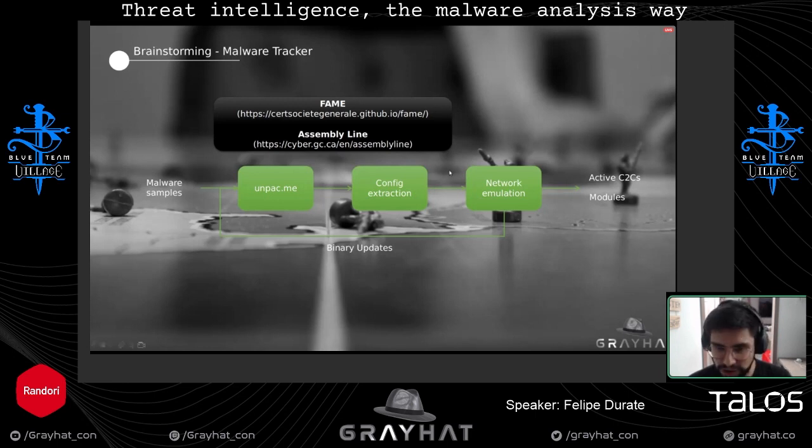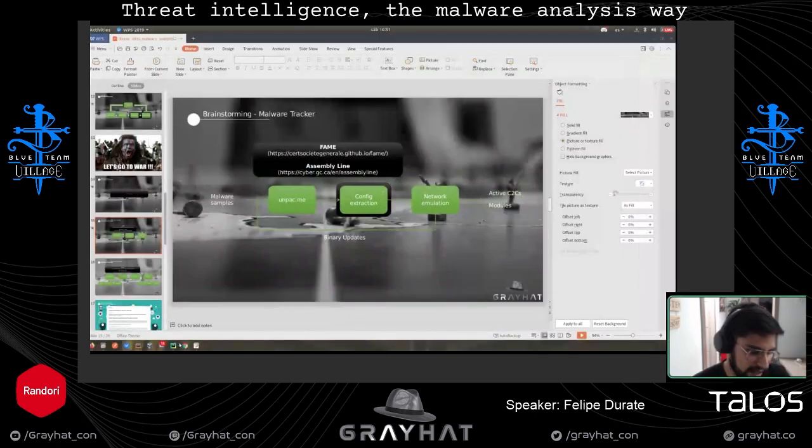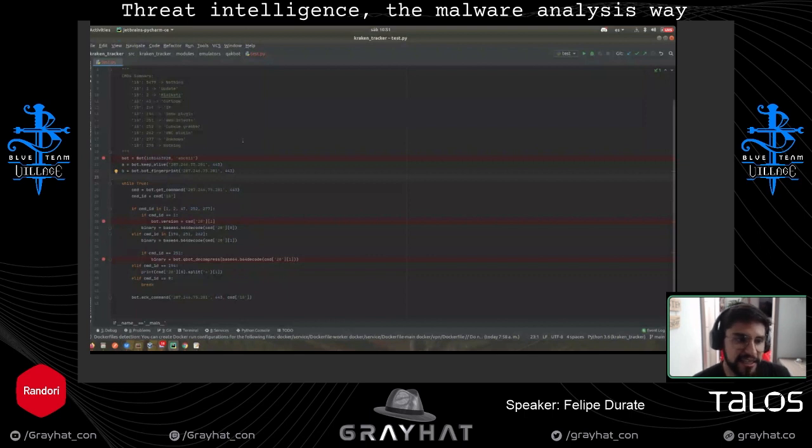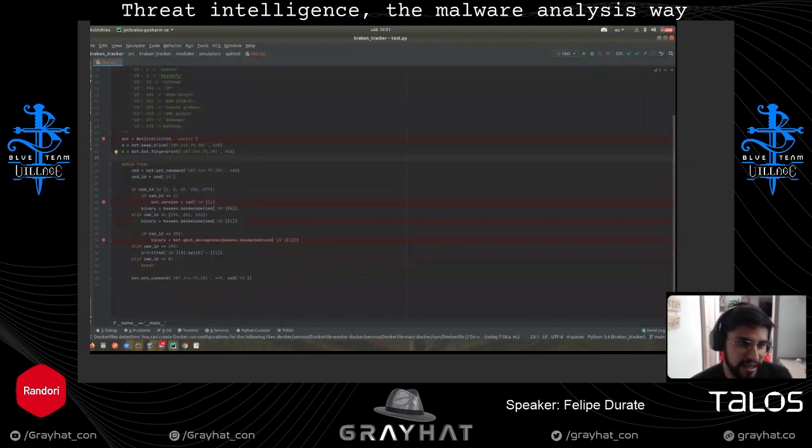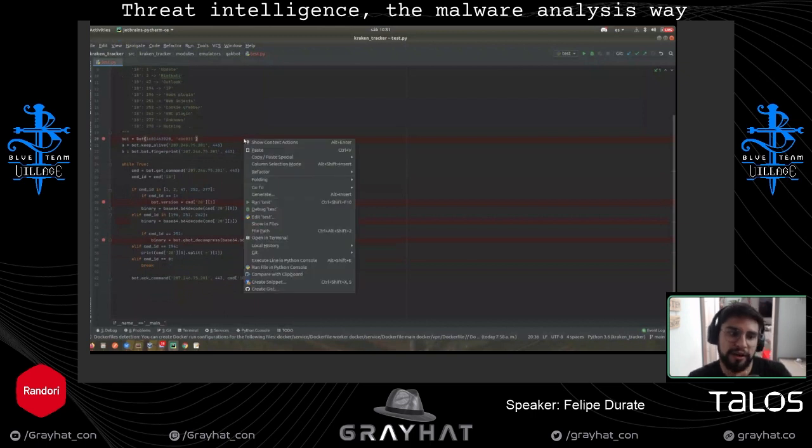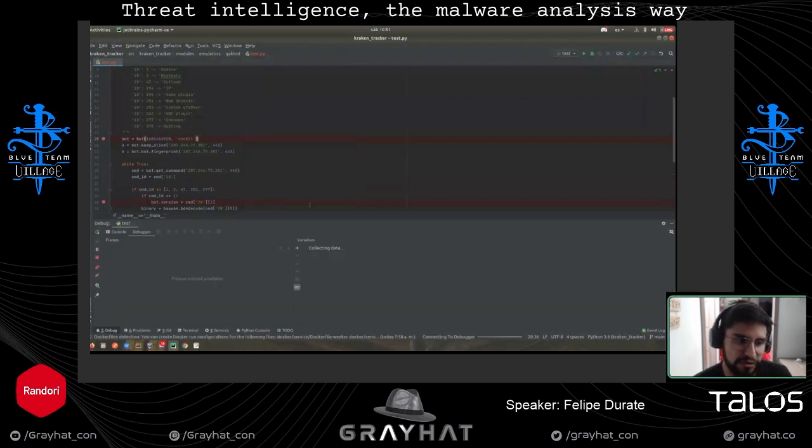I want to show you how an emulator works. This is a working emulator for Catbot. Catbot is a banking malware. I reversed the whole thing, at least when we are talking about network traffic, and I'm going to give you a really quick demo.